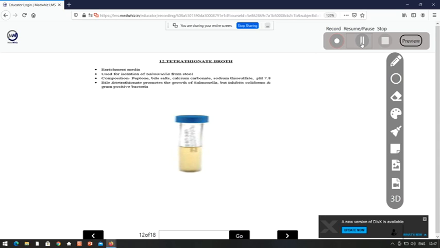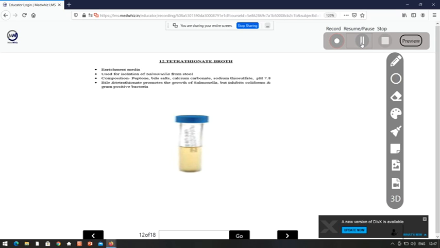So we have tetrathionate broth. It is also an enriched medium. It is used for isolation of Salmonella from stool. The composition of this tetrathionate broth is peptone, bile salt, calcium carbonate, sodium thiosulfate, and the pH should be maintained at